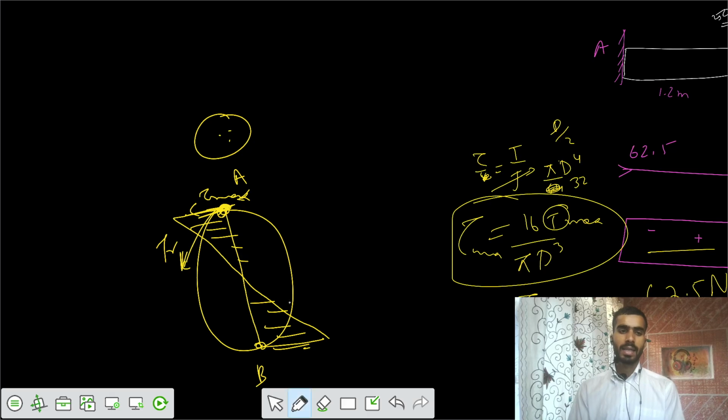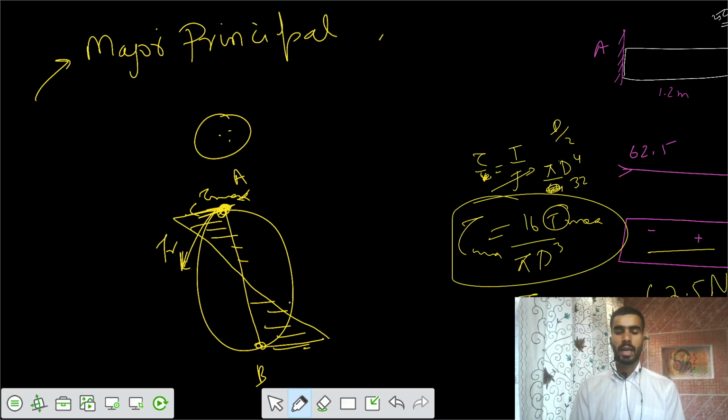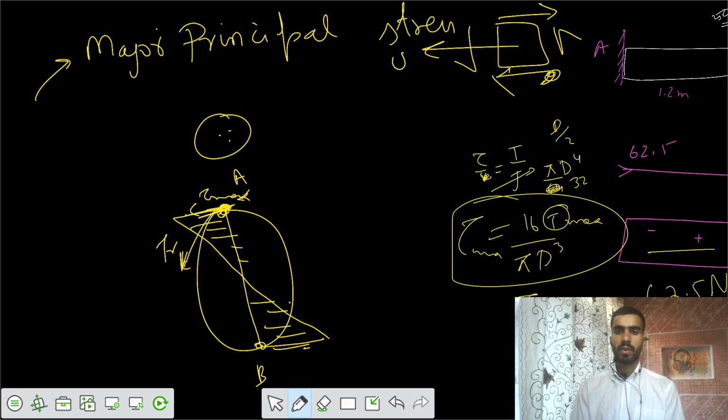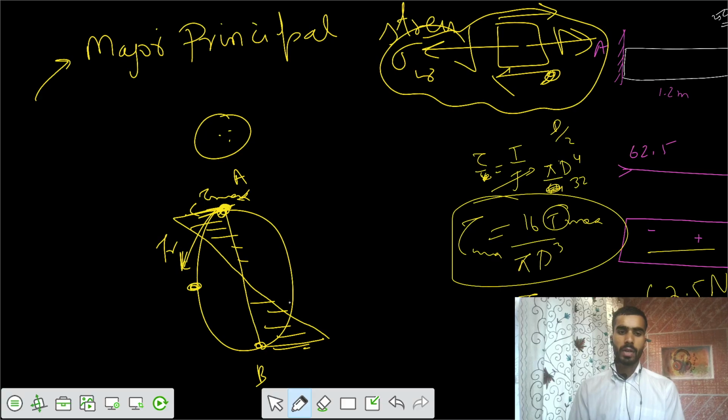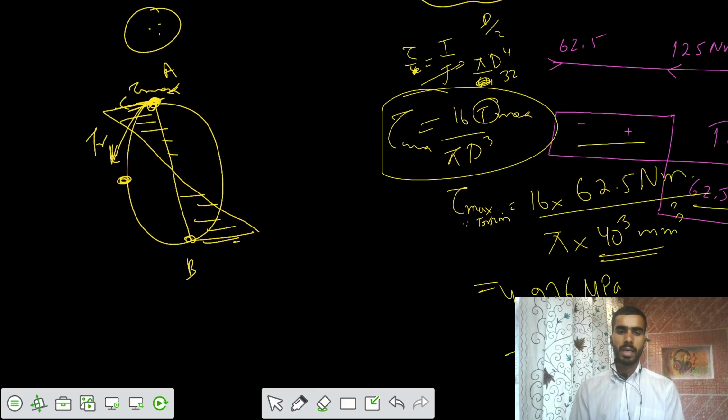That's indirectly saying get the major principal stress. Because of the combined loading we can get the major principal stresses. So we can have a general loading of that. We would have some value of tau, and we also have some value of bending stress. If you take any particular point, A and B, I would say there is some bending stress equals to